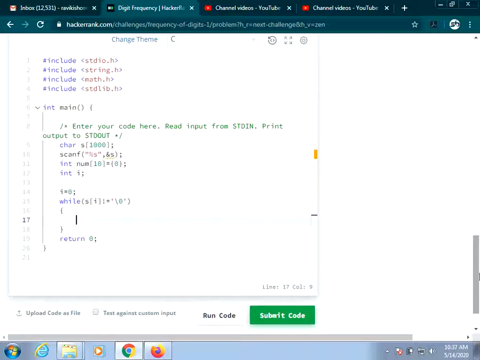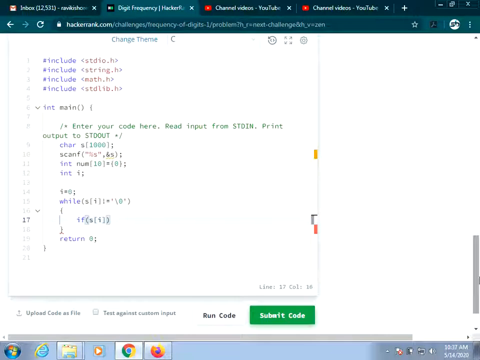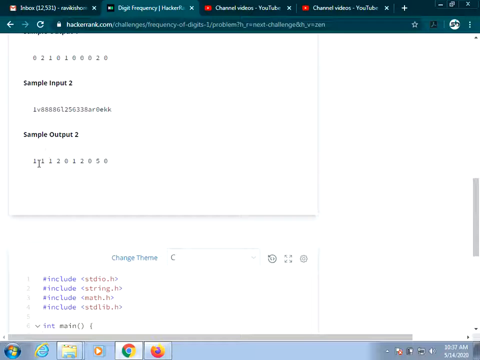So while checking, what do you have to do? You have to check whether a given character is a digit or an alphabet. If it is a digit, I have to add it to its frequency list. If it is an alphabet character, I have to ignore it. To find out whether it is a digit or not, whatever you are monitoring is s of i. When i value is 0, s of 0 will be pointing to the first element. So for the first element, you have to find out whether it is a digit or not.